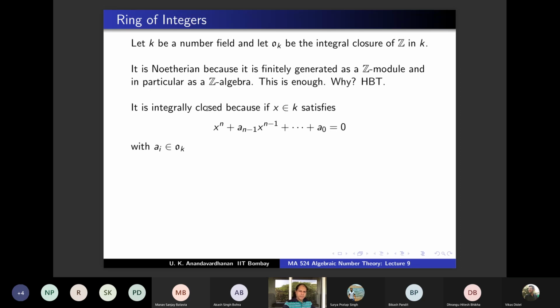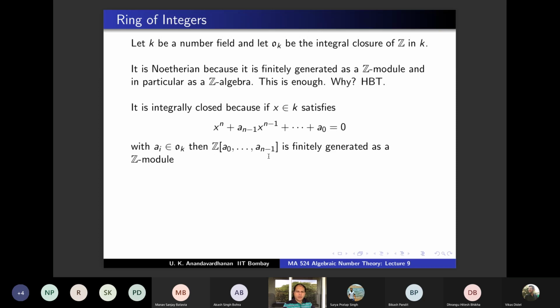So if you take x in K, and it satisfies a polynomial with coefficients in O_K, you have to show that x belongs to O_K. So once again, we want to show that O_K is integrally closed. If you take something from the quotient field, which is K, and it is integral over O_K, so it satisfies a monic polynomial with coefficients in O_K, then